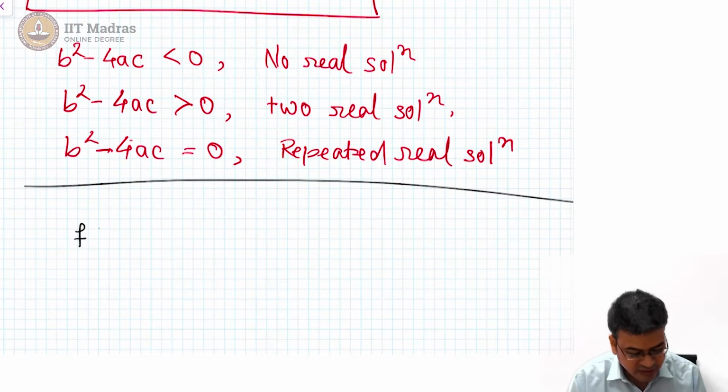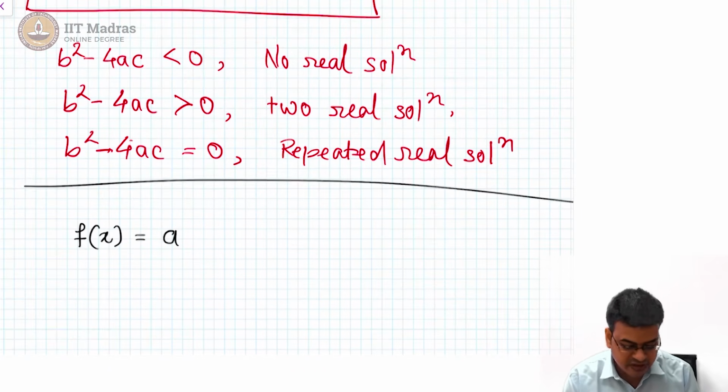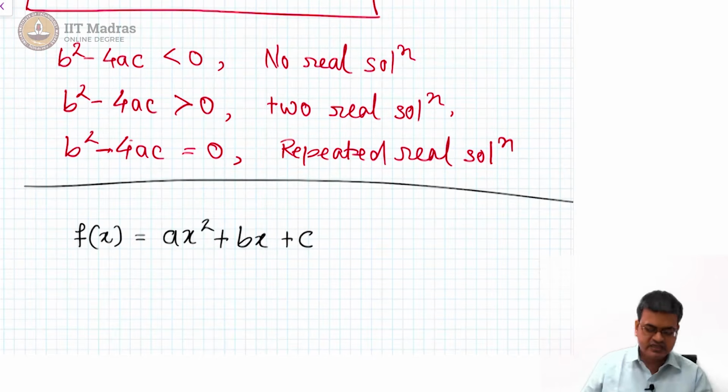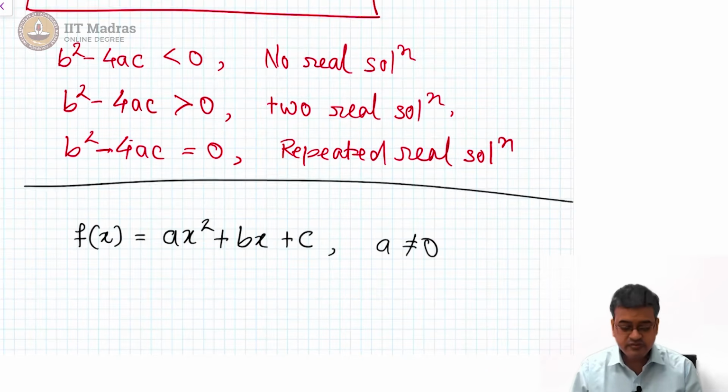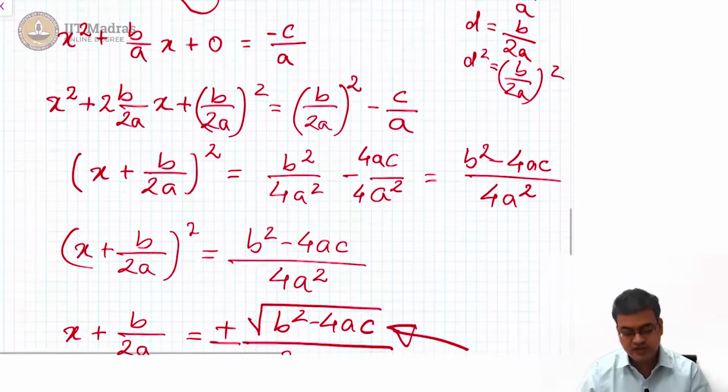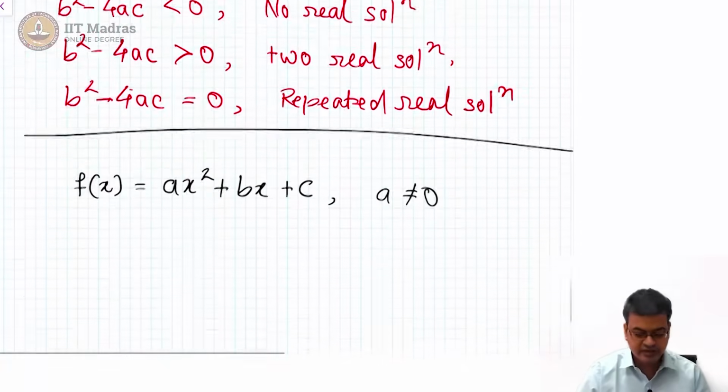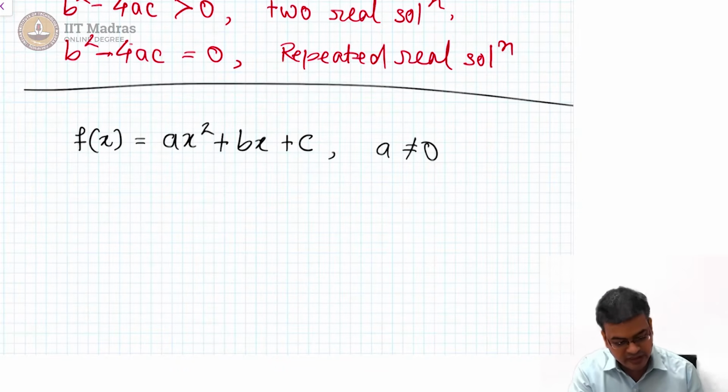Right now I operated with f(x) equal to 0, right? So let us not operate when f(x) is equal to 0. It's ax square plus bx plus c, a standard expression. I know that a is not equal to 0. The beauty comes when we operate this logic without shifting the sides from left hand side to right hand side. So let us operate it on that level.